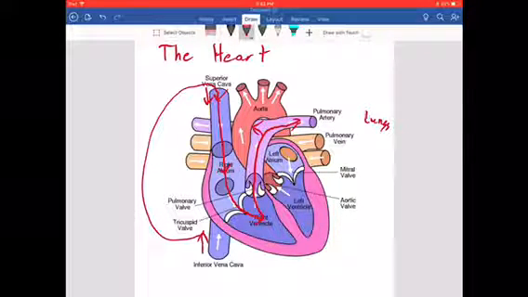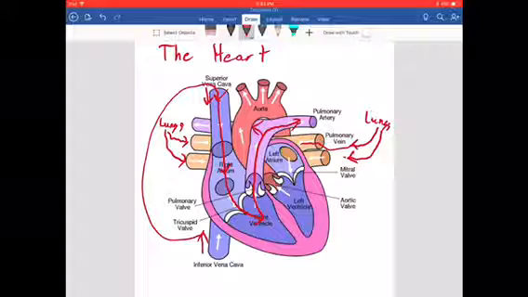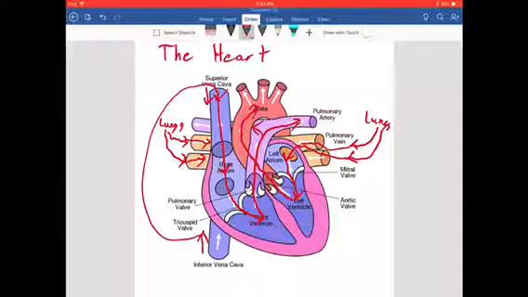The lungs then take the blood and combine oxygen with it, and send the blood back into the heart through the pulmonary veins. The pulmonary veins then take the blood and push it down into the left atrium, which, as you know, is right here. The blood from here then gets pushed down into the left ventricle. The left ventricle then takes the blood and pushes it up into the aorta, and the aorta then pushes